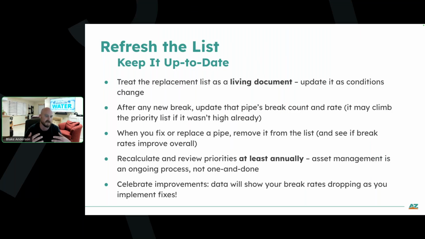And so the asset and capital improvement planning is just this ongoing loop. You take the data in, you plan, you have action, new data comes in, you adjust the plan, and you take new action. And so by continually refreshing your data and your priorities, you're always going to ensure that you're focusing on the right things.